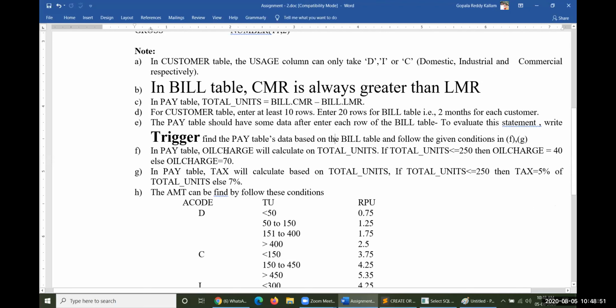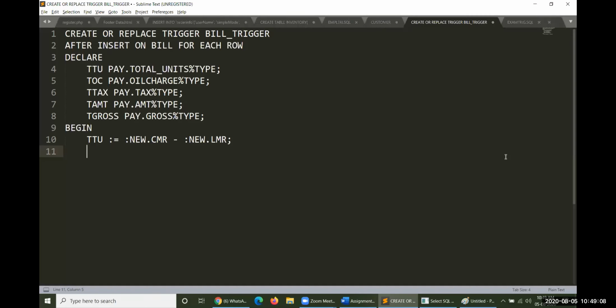Then in the pay table, what next operation would we like to perform here? Next is oil charges. How could you calculate the oil charges? If total units are less than or equal to 250, oil charges are 40 rupees, otherwise 70 rupees. Based on this, we would like to write one small if statement here.